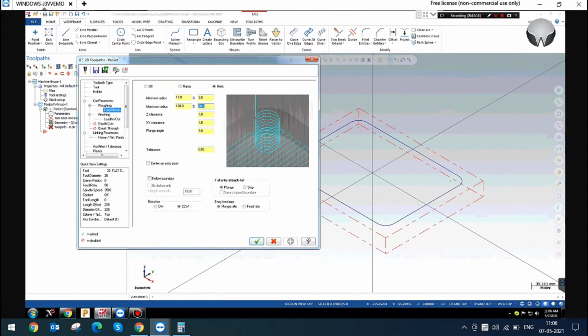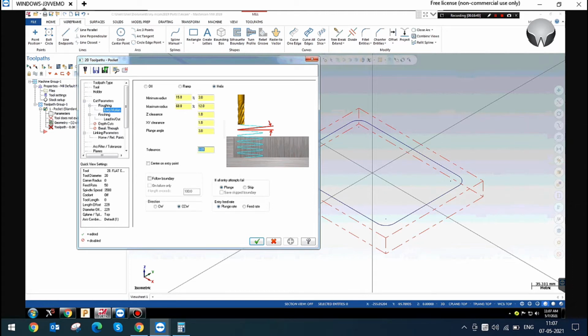So here now I am going to define my helix radius as maximum 3 to 12, and you can give the clearance. In this image you can see, brother, from the top of machining how much helix height will come. The 1 mm clearance, XY clearance for the chain. You can see the wall here. Yes. And plunge angle, we can give the plunge angle for the helix, and a tolerance for the helix only.